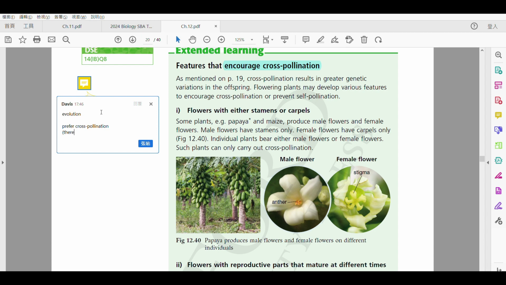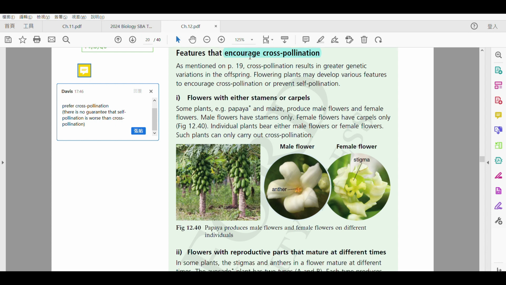there is no guarantee that self-pollination 啦 is worse than 呢一個嘅 cross-pollination 嘅。OK，即使 we prefer 呢個 cross-pollination，但係冇一個固定，冇一個肯定啊。係講緊 self-pollination is worse，係渣啲嘅，定 cross-pollination 嘅，咁得 be careful of this。OK，好啦，so let's go on and see how is cross-pollination encouraged，點樣鼓勵咗、促進咗 facilitated 啦 by 佢哋嘅一啲嘅